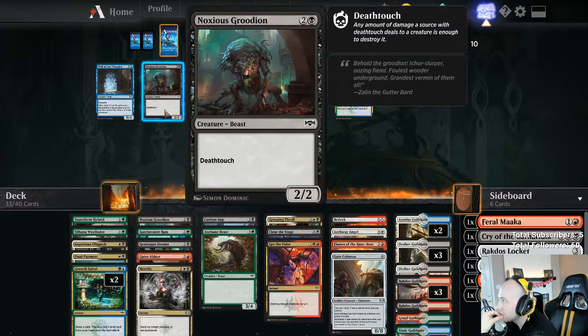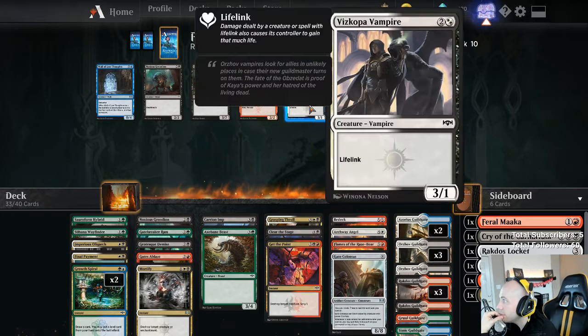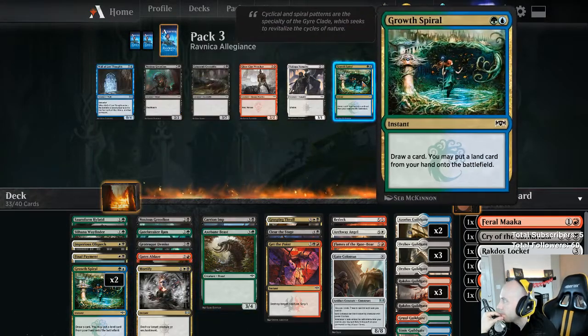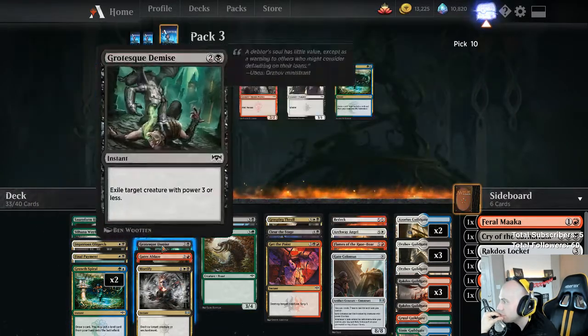That makes cards like Noxious Grudian not that great because we've already got so much removal. The Death Touch starts to become irrelevant, you know. But I think we've got a really good setup here that if the creature isn't high impact, the Growth Spiral kind of is better because it's going to draw us into our high impact creatures,